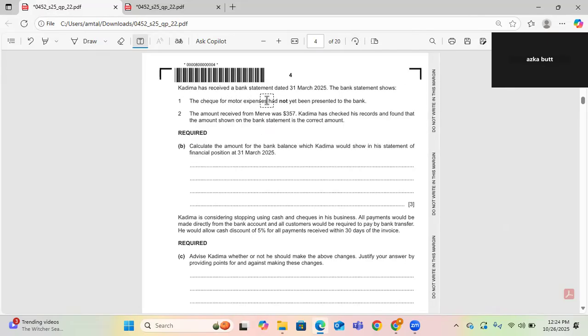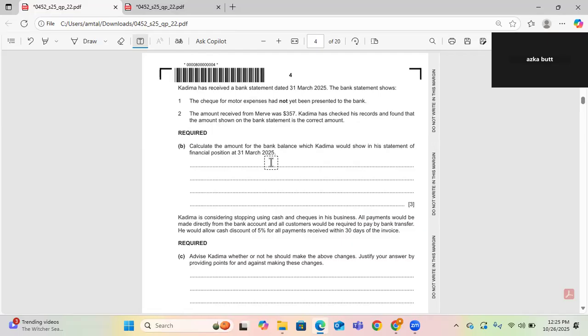Kadima has received a bank statement dated 31st March 25. The bank statement shows the check for motor expenses had not been presented to the bank. The amount received from Merv was 357, and Kadima has checked his records and found that the amount shown on the bank statement is the correct amount. Calculate the amount for the bank balance which Kadima would show in the statement of financial position at 31st